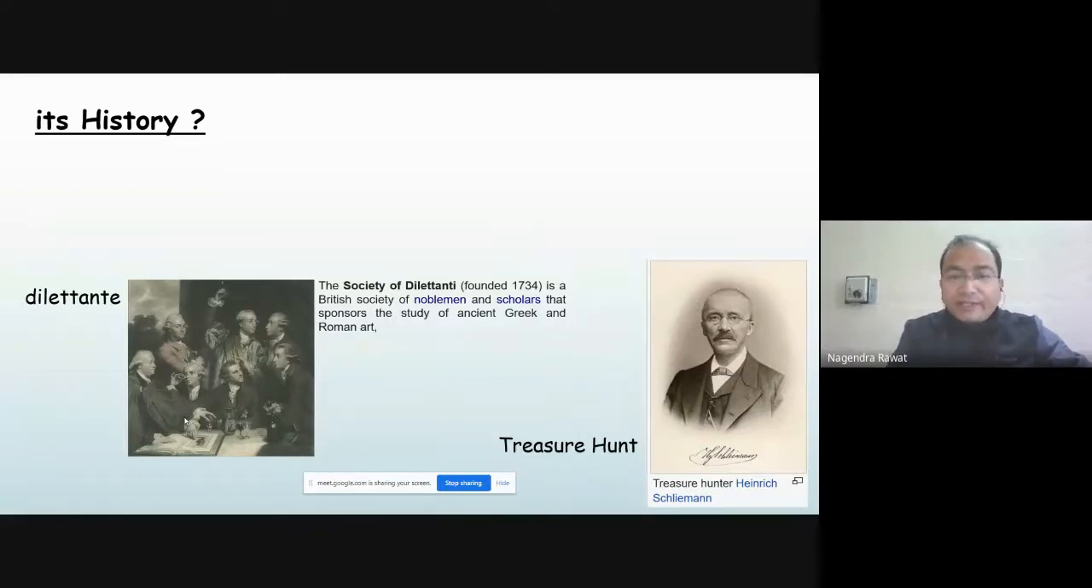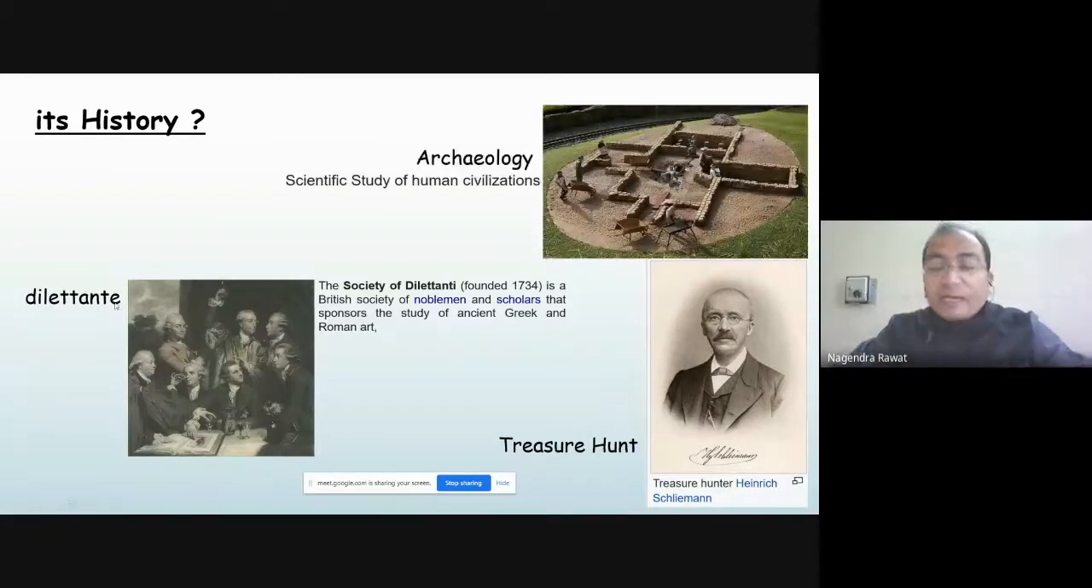We can say worldwide, even in India also. So at the next phase, where archaeology begins, the proper archaeology, which we are now doing and other people are also doing. This is archaeology, the scientific study of human civilization. So we can see the archaeological exploration took place as treasure hunt. It took place as a group of dilettantes, and it is surviving today in the name